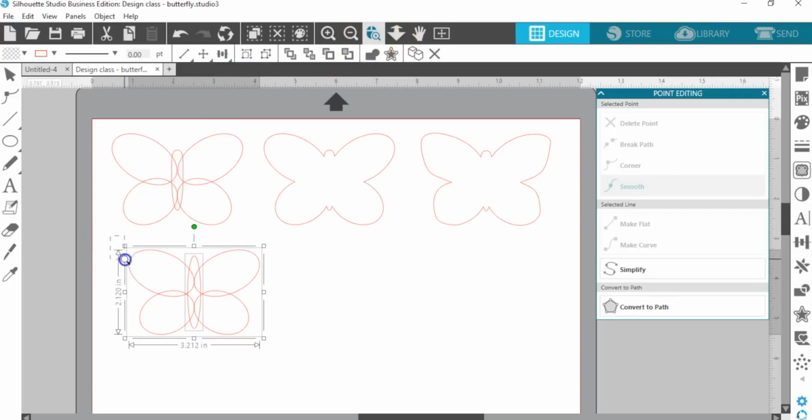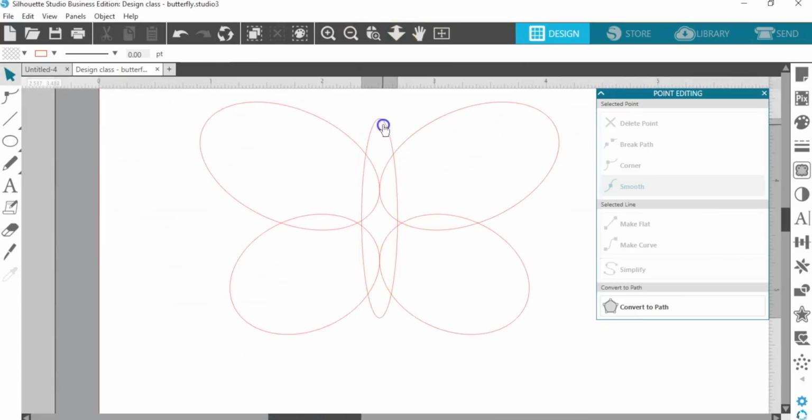Okay, I'm going to zoom in, and we're going to do some point editing. Double-click the skinny oval, which brings up these little edit points. That means we're in point edit mode. And now I can choose any of these points to change the curve of this oval. Click the top edit point and you'll see it turns white. And you'll see these Bezier handles that I can drag out to change the curve for this center oval. And while that point is selected, I can also use the arrow key on my keyboard to nudge that one point down.